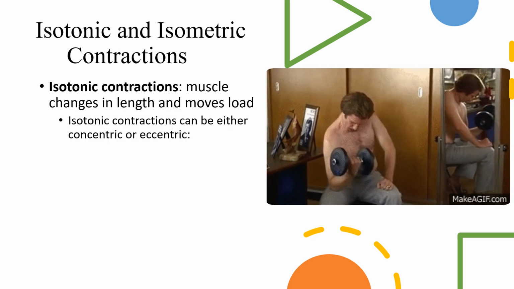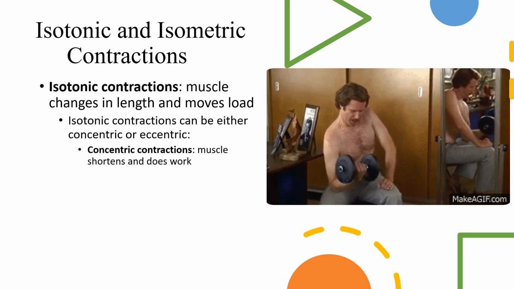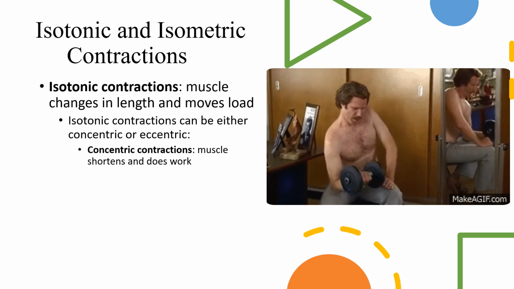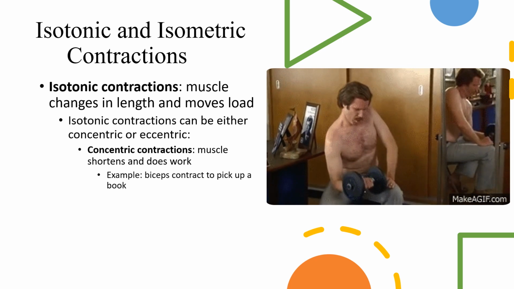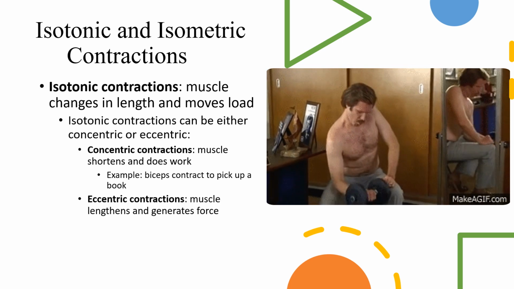So isotonic contractions can be either concentric or eccentric. And concentric are going to be when you are shortening the muscle and it does work. Okay, so what we have in Ron Burgundy's case is he is doing a concentric contraction. So biceps contract to pick up a book. He's not picking up a book, but same situation. And then eccentric